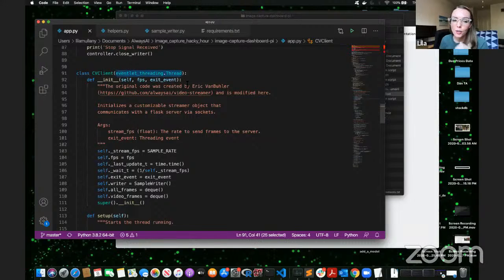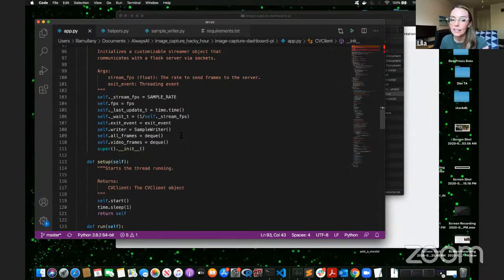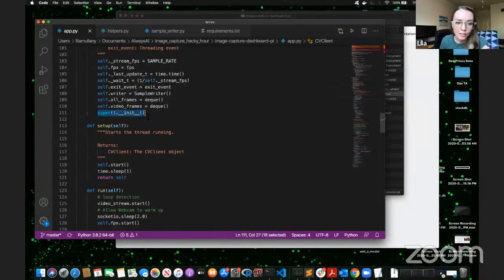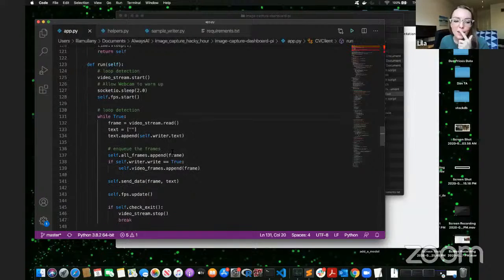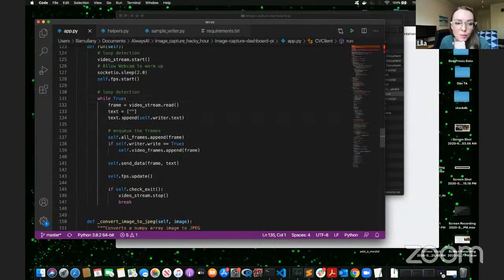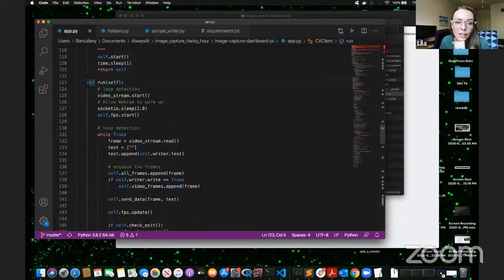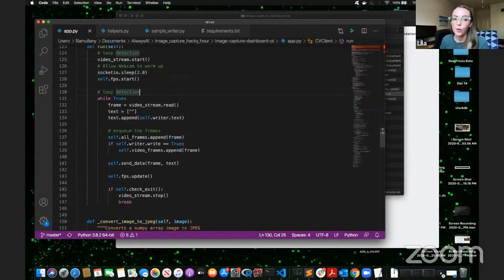Eric helped me out with this. We had it inherit from the thread class so that it could run in its own thread and constantly be running and not have to worry about getting interrupted. That's where this exit event comes in. And this super is calling the super initialization constructor. This is probably fairly familiar if you use alwaysAI. Because it's a thread, I put it in the run method. That's what will be executed when the thread is started. So this is kind of that core alwaysAI